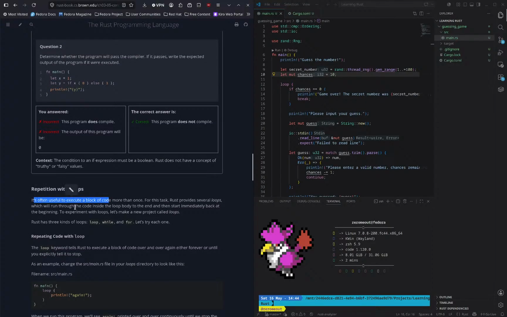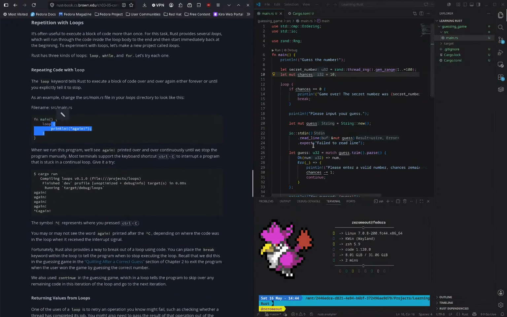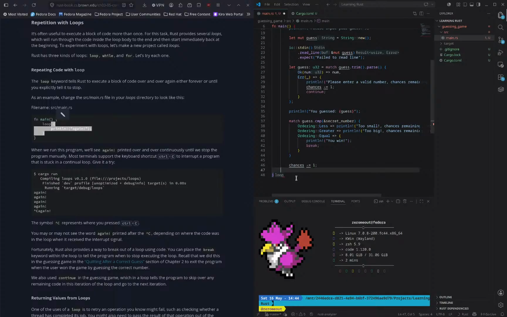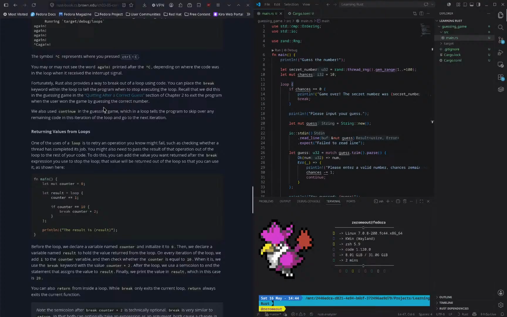Repetition with loops. Loop. Loop this. Loop again. You can put the break. Where is it? Control Z. Let result equal loop, if counter equals this, break. If it breaks out of there, wouldn't the